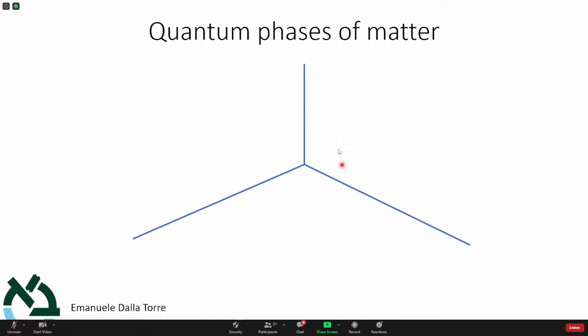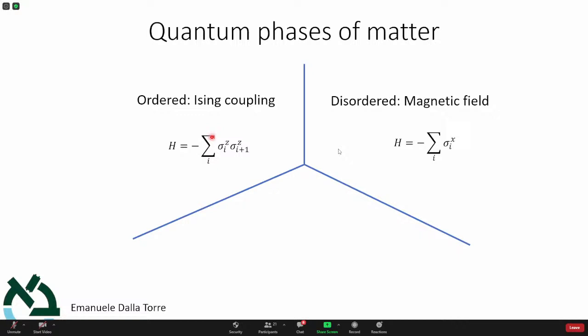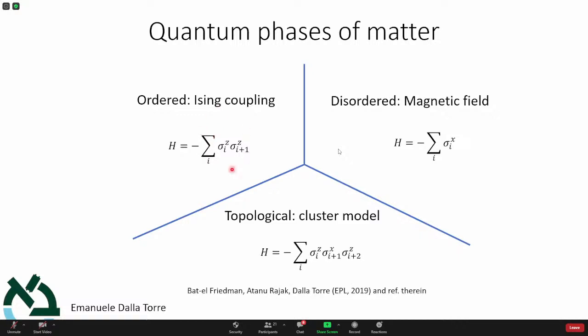And actually, in the case of the ordered state, it's very easy. Okay, sorry. So first of all, this is the Hamiltonian. Let me show you what the Hamiltonians are. This would be a Hamiltonian whose ground state is ordered. This would be a Hamiltonian whose ground state is disordered because the ground state of this Hamiltonian is that all the spins point in the x direction, and if I measure in the z direction, it's randomly 0, 1. So this is something we would call disordered.